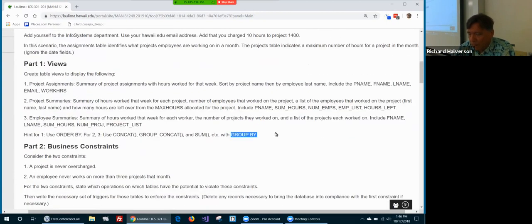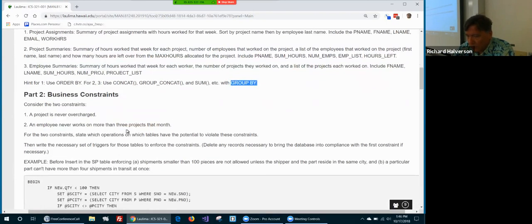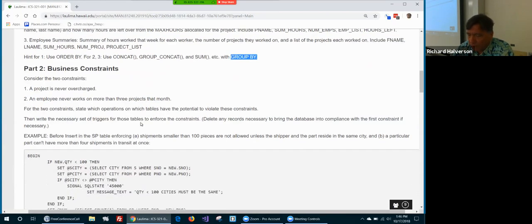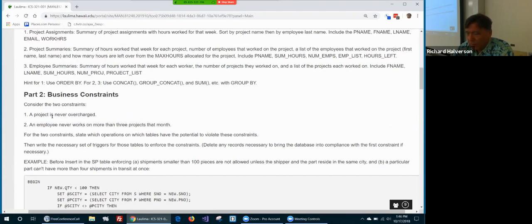Okay, that's part 1. For part 2, I'd like you to throw in two business constraints. Not overdoing it, just a couple here. One of them is that a project is never overcharged. It'll reject a change that would make it overcharged. The second one is that an employee never works on more than 3 projects in that period, in that month, I guess. So if you're trying to assign an employee more than 3 projects in that assignments table, it'll reject